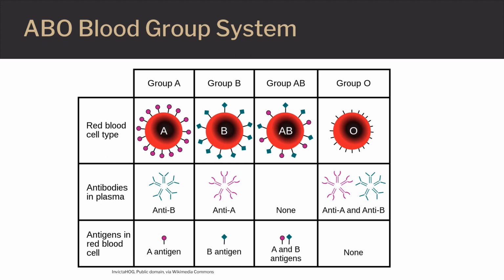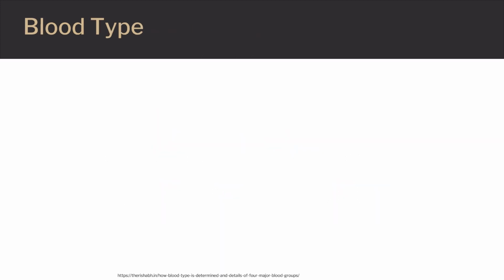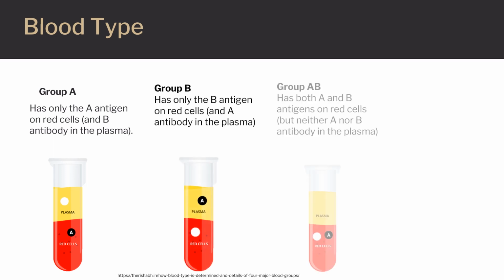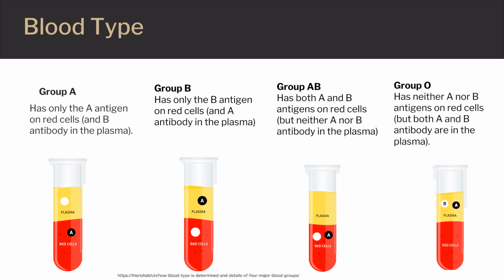Regarding the antigen property of the blood, all human beings can be classified into four groups: those with antigen A, Group A; those with antigen B, Group B; those with antigen A and B, Group AB; and those with neither antigen, Group O. These antibodies present together with the antigens are found as follows: